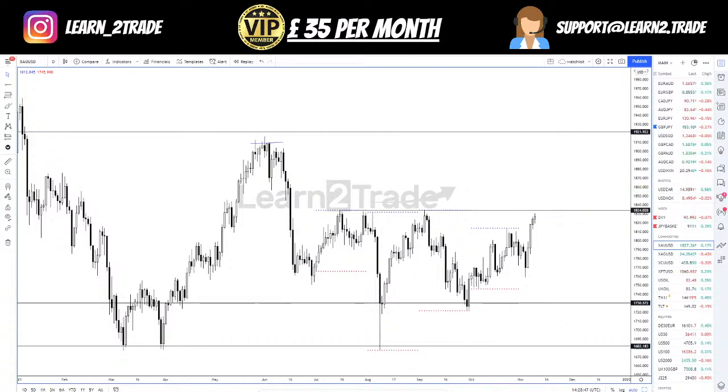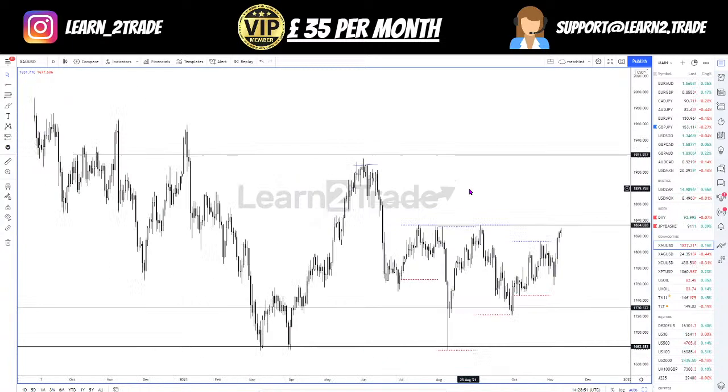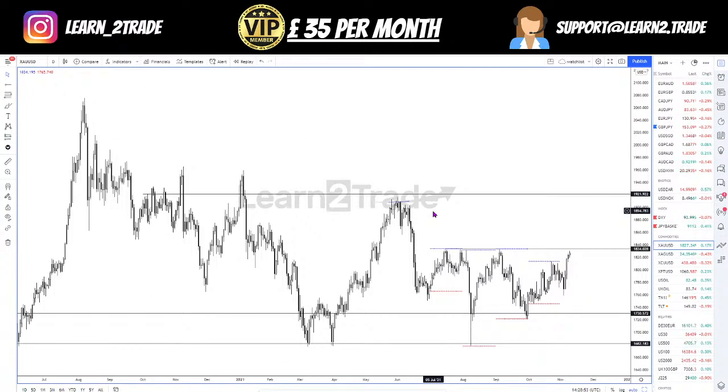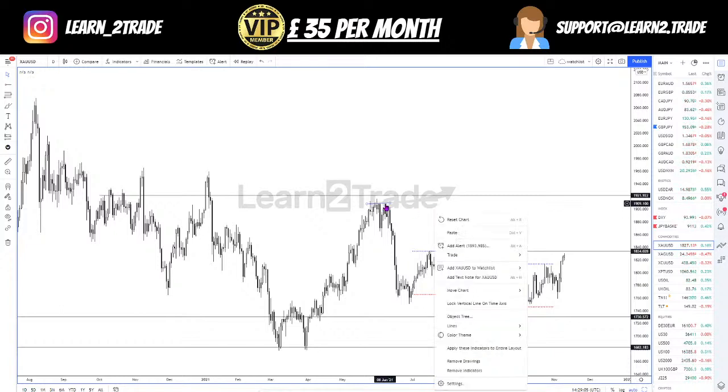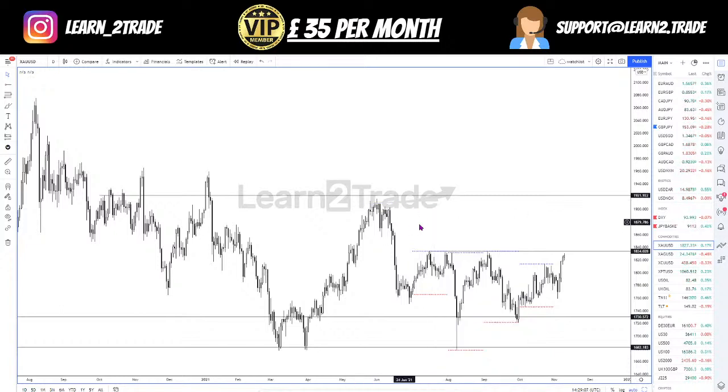Marshall, hi Orlando, is it creating an inverse head and shoulders in gold daily? Listen, I am not a fan of head and shoulders, or inverse head and shoulders, just because, for me at least, that pattern has a low win ratio.